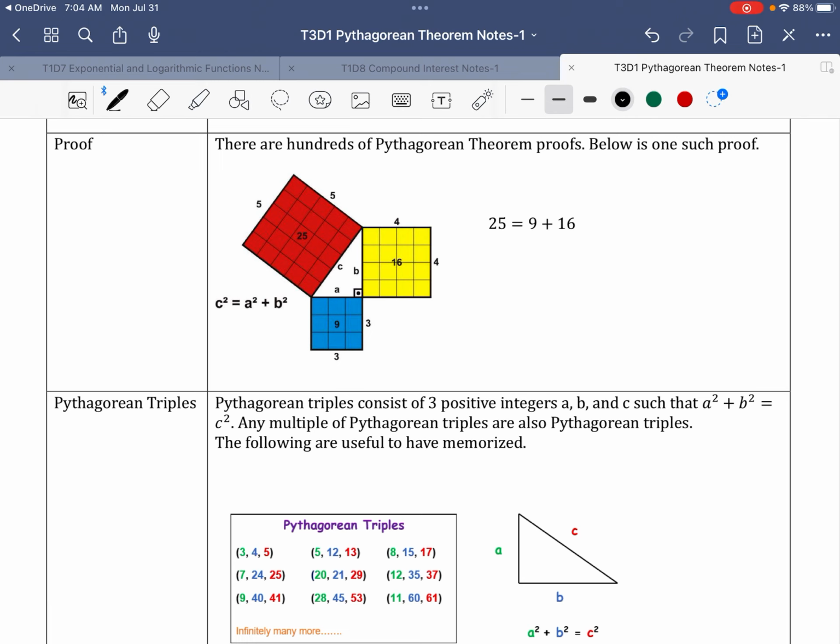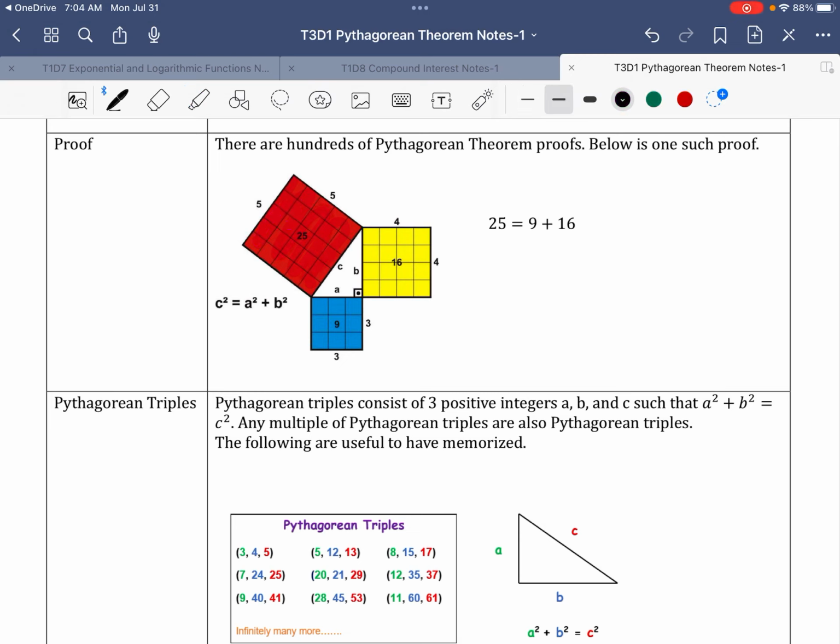Now, what's really cool about the Pythagorean theorem is there are actually over 100 proofs that show why the Pythagorean theorem works. But here's just one relatively simple proof. So in the middle, we have a right triangle that they've labeled A, B, and C, where C is the hypotenuse. And C happens to be made up of 5 units. And what they've done is also indicate what is 5 squared, or 25, right? So this red square here